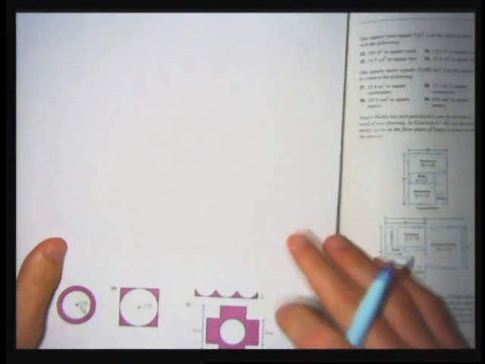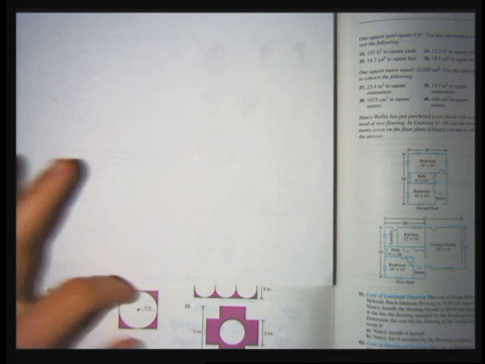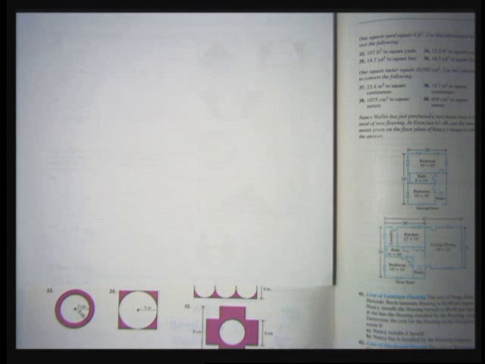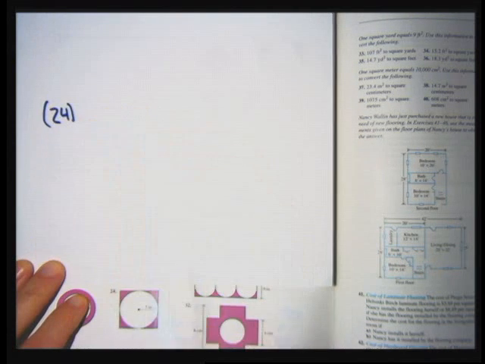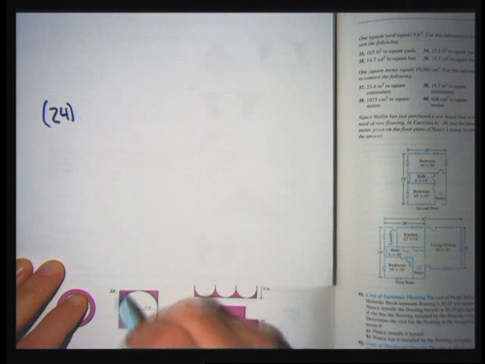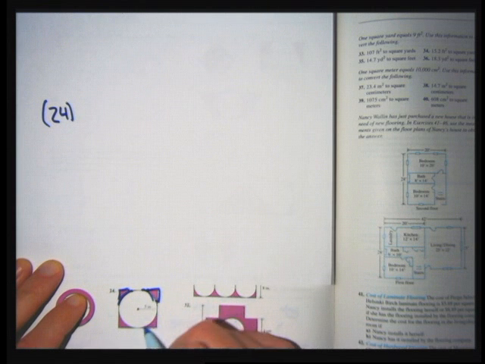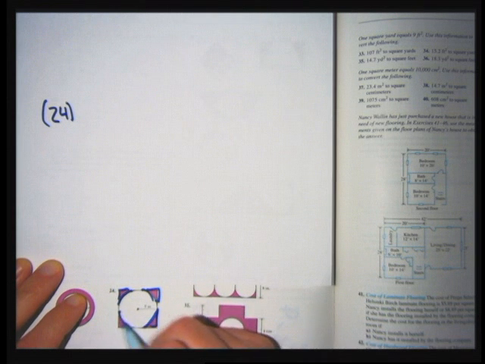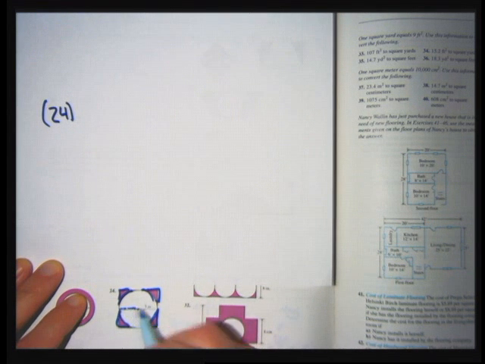what the area is. So if I look at problem 24, which is on the bottom of this page, the area that I want is the area, here there's a circle drawn inside a square. I want the area part of the square, not including the circle. To do problem 24, I have to know visually what I'm finding, and the region that this is finding, these regions here, are what's left when you take the area of the square that's drawn here, and I'm assuming that the circle has a